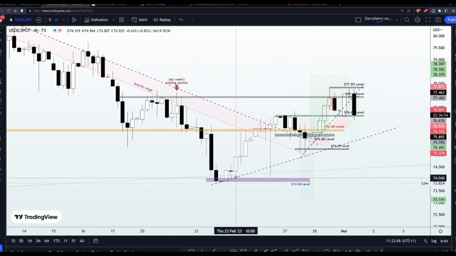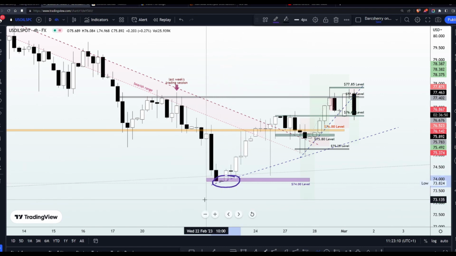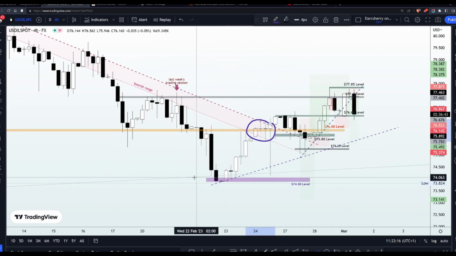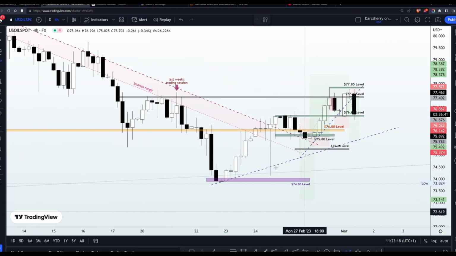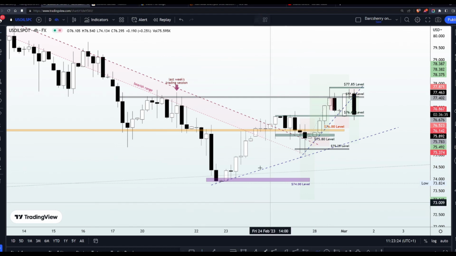As soon as price dropped into the $74 area, we began to see some buy pressure resume from that area. Price moved into the bearish trend line with the hopes that it's going to respect that trend line one more time to incite another wave of bearish momentum. But no, that did not happen. As we saw price drop a little to the downside, there was a sharp rejection somewhere right above the $74 area, which triggered this